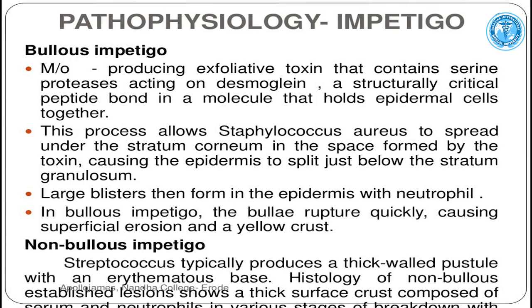Pathophysiology of impetigo. Bullous impetigo involves Staphylococcus aureus producing exfoliative toxin that contains serine proteases acting on desmoglein, a structurally critical peptide bond in a molecule that holds epidermal cells together. This process allows Staphylococcus aureus to spread under the stratum corneum in the space formed by the toxin, causing the epidermis to split just below the stratum granulosum. Large blisters then form in the epidermis